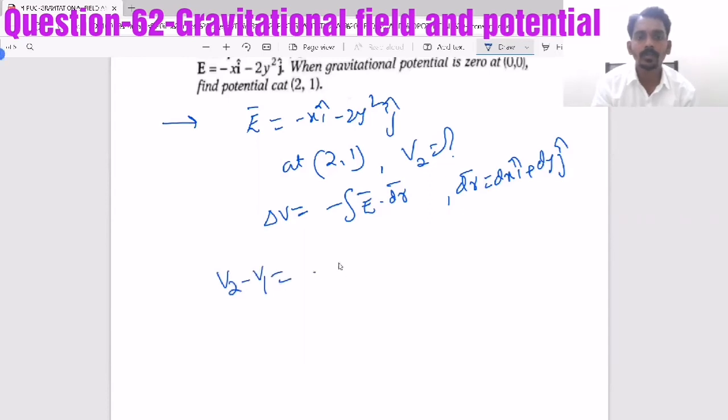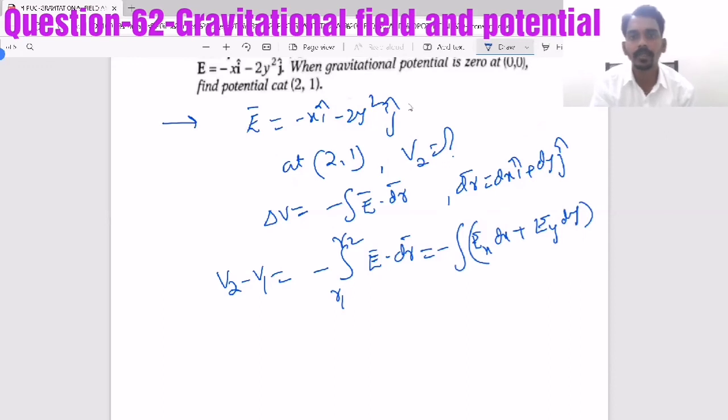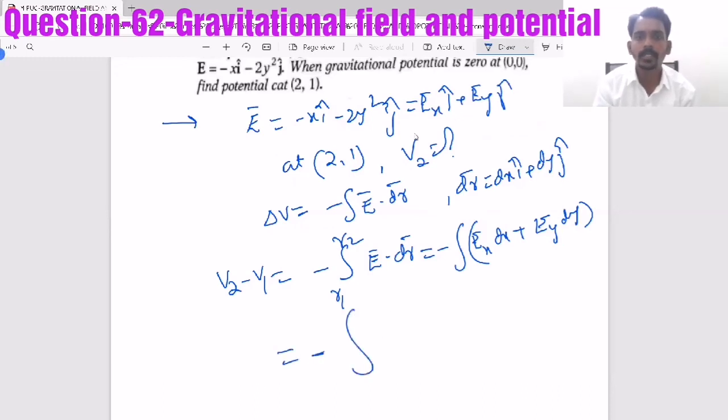So V2 minus V1 equals minus integration. You have to move from r1 to r2. That is E bar dot dr bar equals Ex dx plus Ey dy, because dot product means i coefficient into i coefficient, like Ex i cap, Ey j cap. Then if you take that minus integration, here for Ex, what is there? Minus x dx. Now the limits are from r1 to r2, from (0, 0) to (2, 1). So here, 0 to 2